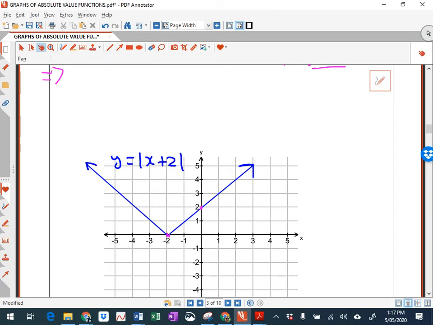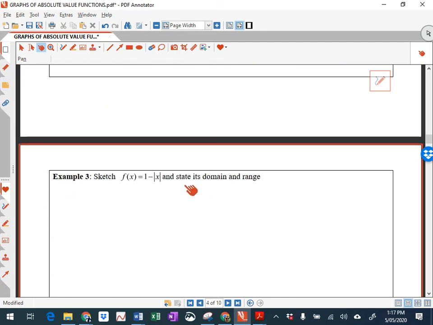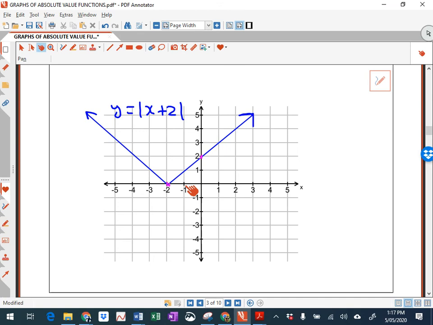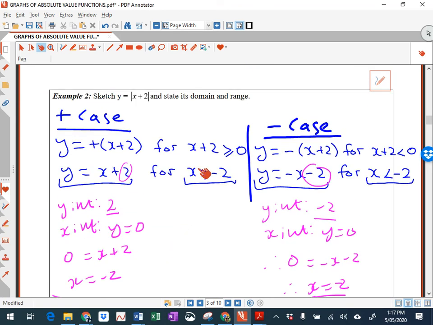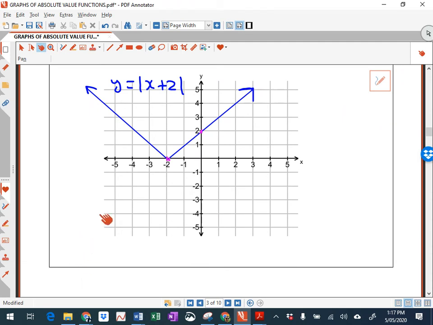All right, so let's have a look at another one. So now how about, I had to state the domain and range of this, didn't we? So if you look at the question, it says state its domain and range. So we can do that. All right, so